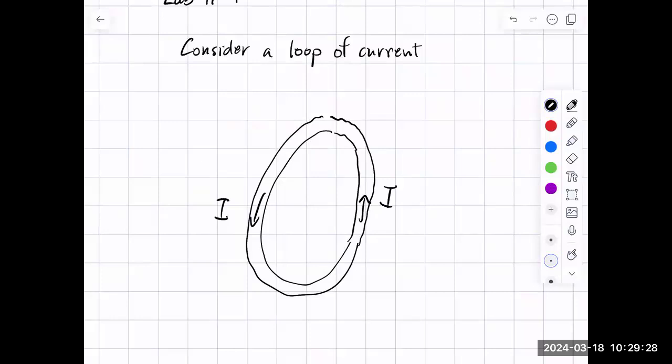And so what did we say? We said, well, we put our thumb in the direction of the current, and our fingers curl around in the direction of the magnetic field. Okay, so let's start on the right-hand side. On the right-hand side, the current's going up, and so I put my thumb up,